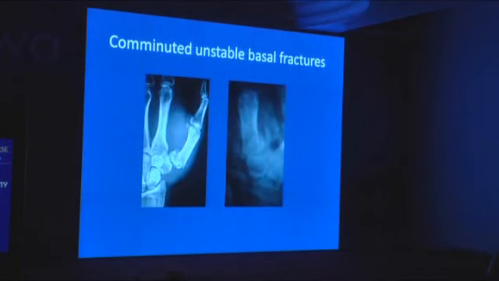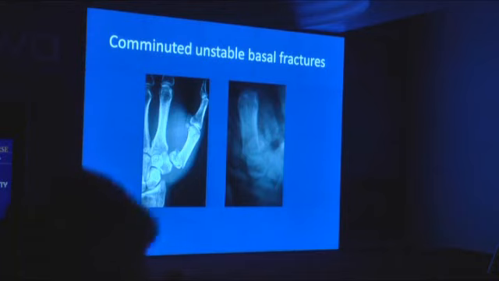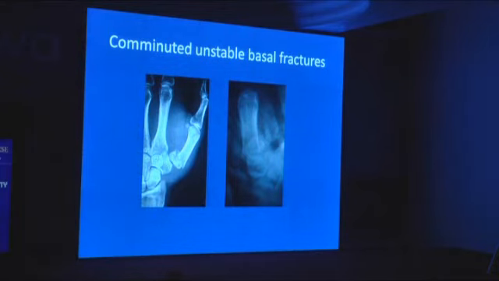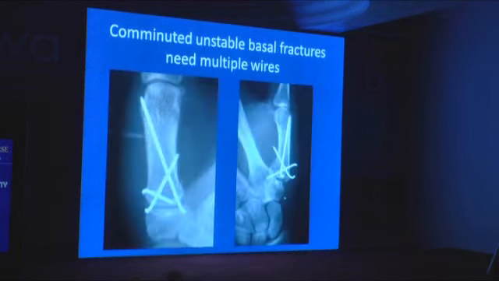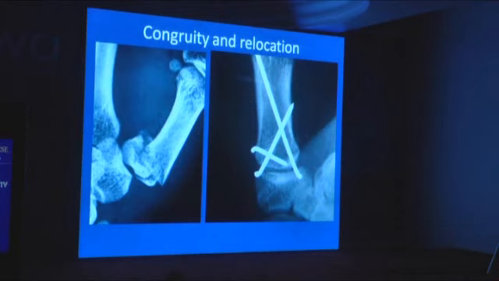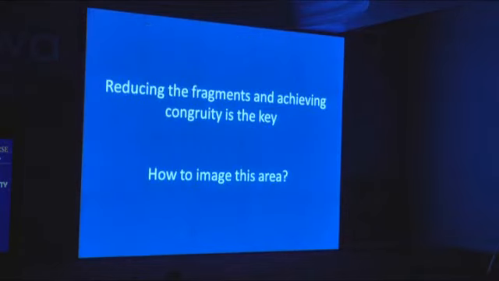When you have a comminution, then it becomes a little more difficult. So we're going from the easy ones to a little more difficult one. And there you need multiple pins. Now here you see an antegrade K wire has been passed and 2 pins have been taken. Now what is the purpose of all of this? It is to get that joint back in place. And if you pay attention to the joint, you realize that it's always in good position. So once you've got the joint in position, obviously the results are going to be good. So you need to keep this on for 6 weeks.